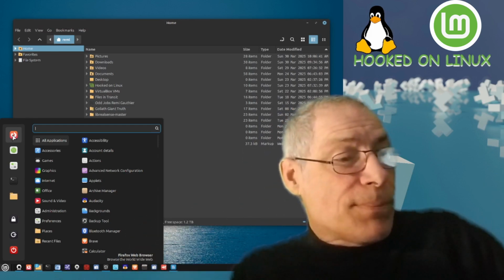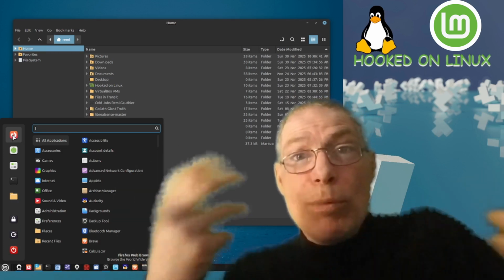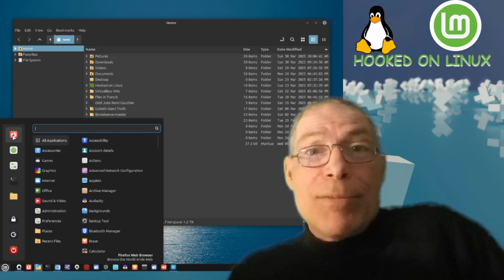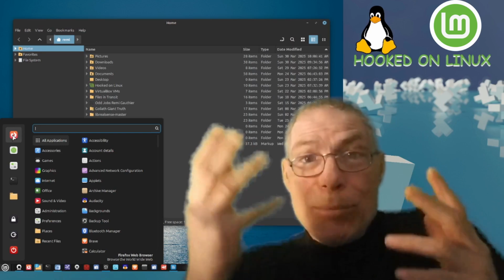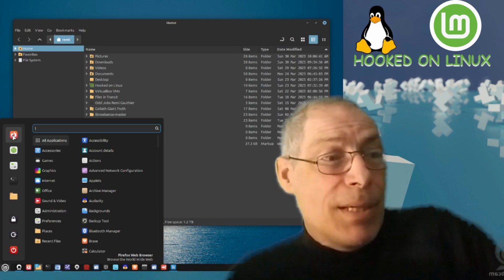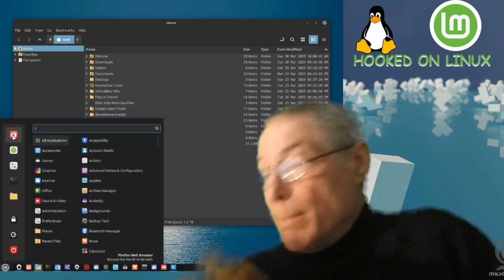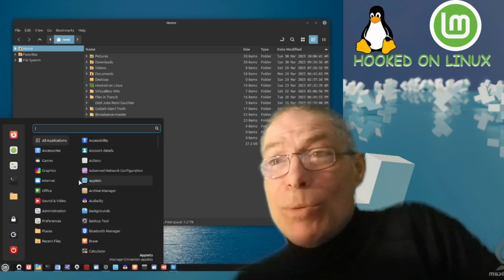Between my wife and I and the different places in the house where we have computers set up, we have those configurations. It seems to be pretty good, everything's working, no problem. So let's get back to where I was.